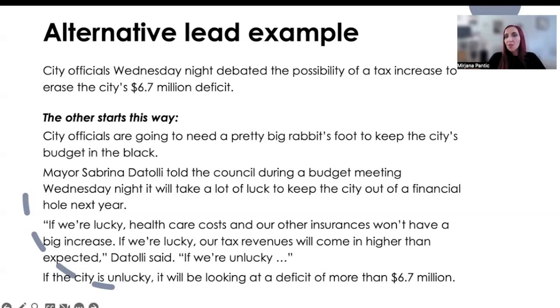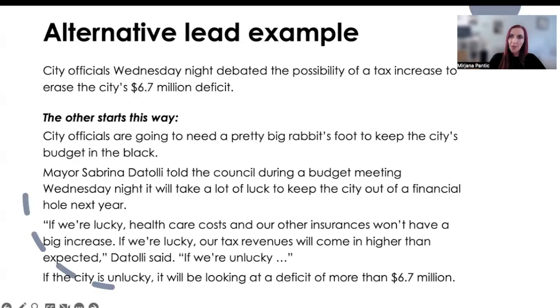City officials are going to need a pretty big rabbit's foot to keep the city's budget in the black. Mayor Sabrina DiToli told the council during a budget meeting Wednesday night it will take a lot of luck to keep the city out of a financial hole next year. If we are lucky, healthcare costs and our other insurances won't have a big increase. If we are lucky, our tax revenues will come in higher than expected. If we're unlucky, the city will be looking at a deficit of more than